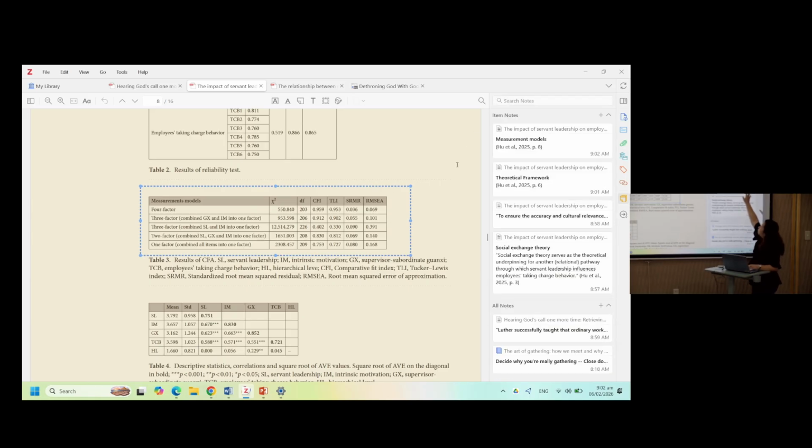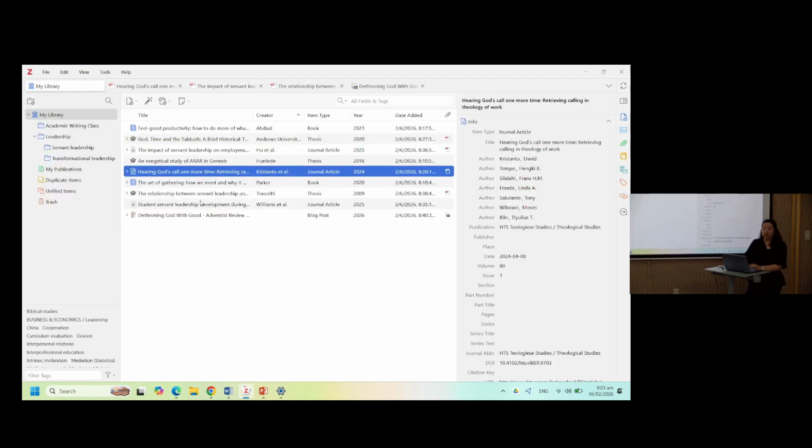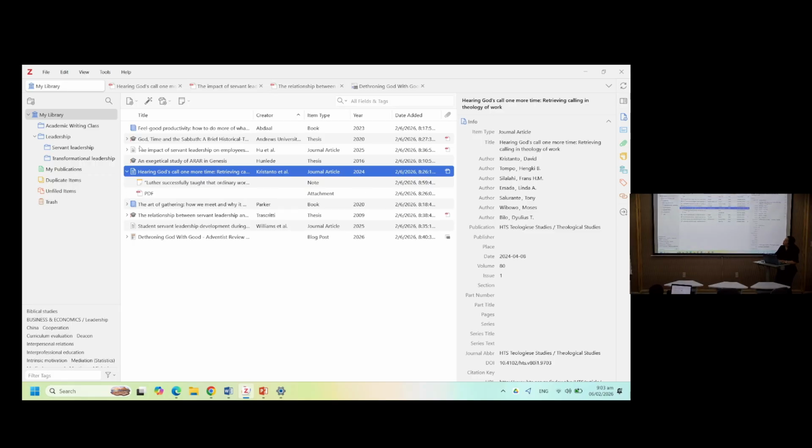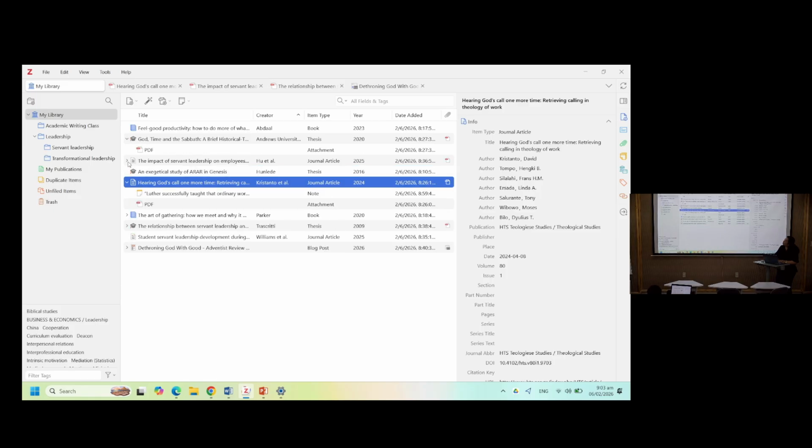Okay, so you have a number of quotations in this item. All right. So when you click on the tiny arrow there, you will see the quotes or the annotations and the notes that we just did.